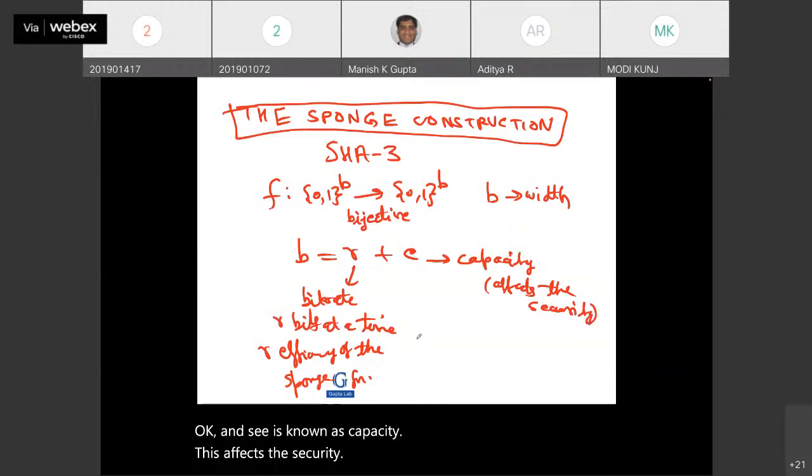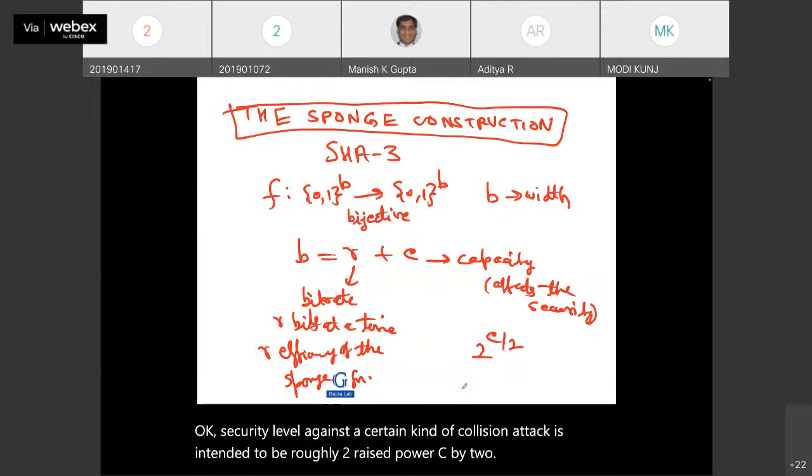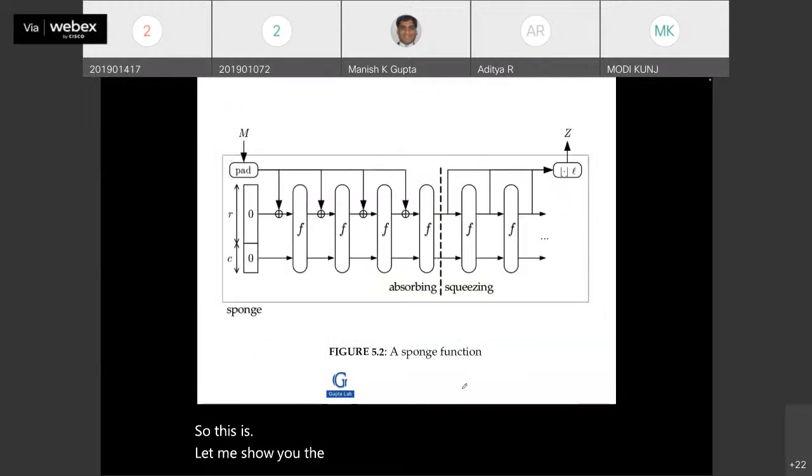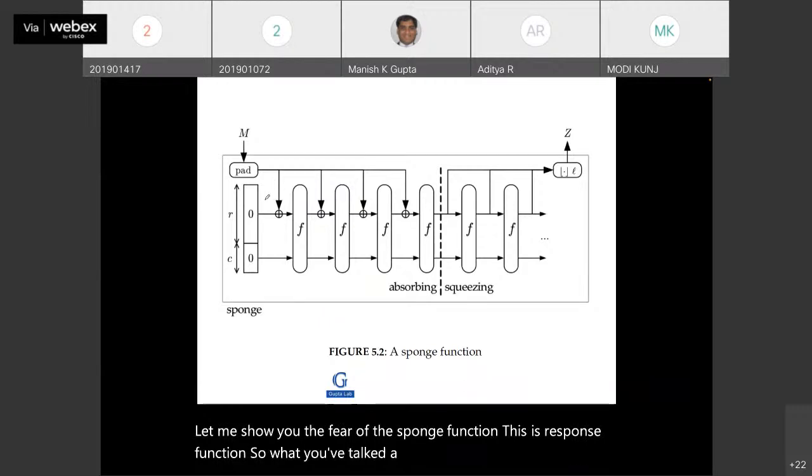A security level against a certain kind of collision attack is intended to be roughly 2 raised to the power C by 2. Okay. Let me show you the figure of the sponge function. This is a sponge function. What it does,